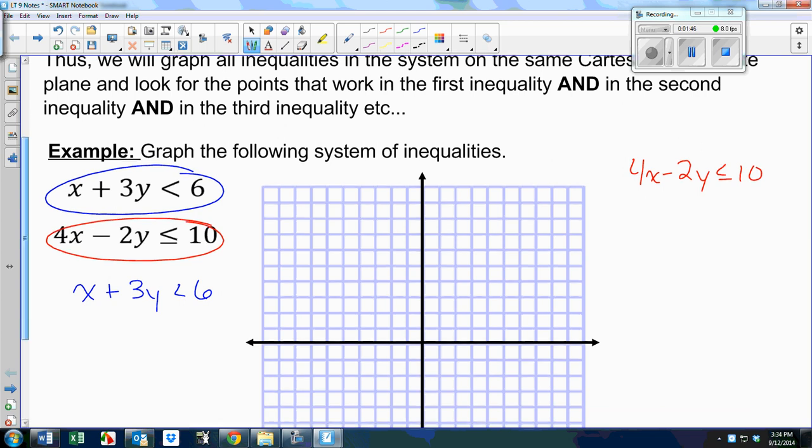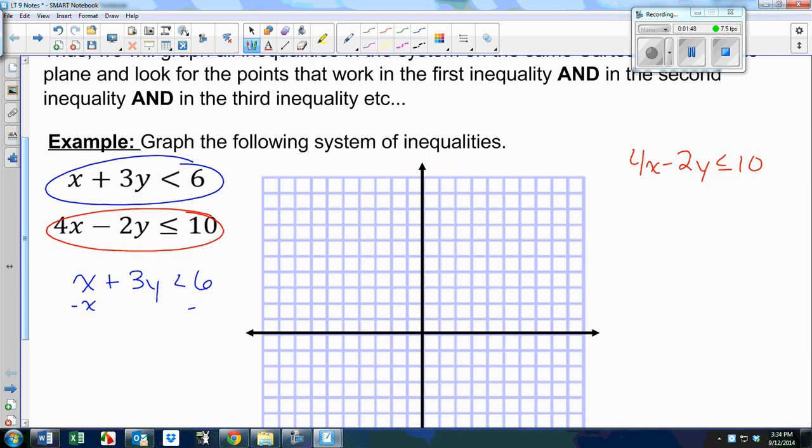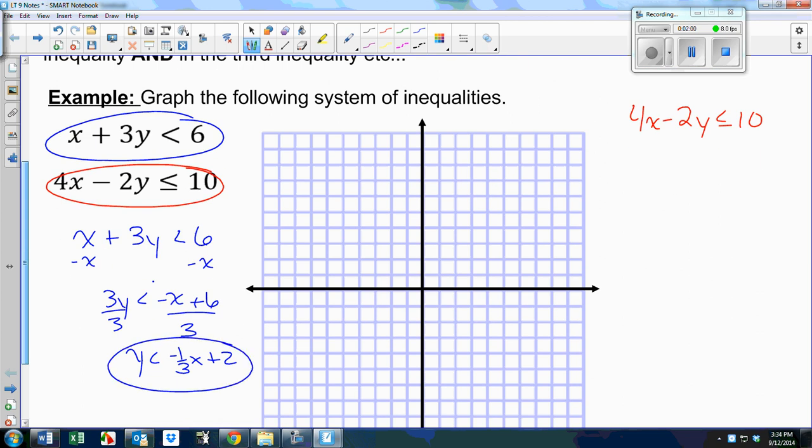But anyways, first, to graph the blue line, subtract x. 3y is less than negative x plus 6, divided by 3, and y is less than negative 1/3 x plus 2. So that's giving us a lot of information. Y-intercept 2, slope down 1 right 3, down 1 right 3, or up 1 left 3, and so forth. It's also telling us dotted line because it does not have the equal to, and it's also telling us shade below because it is a less than,